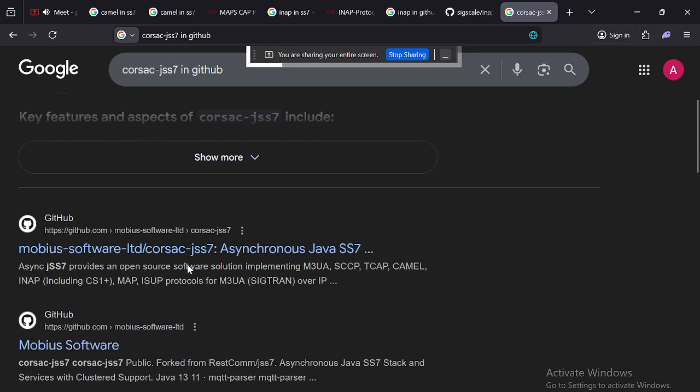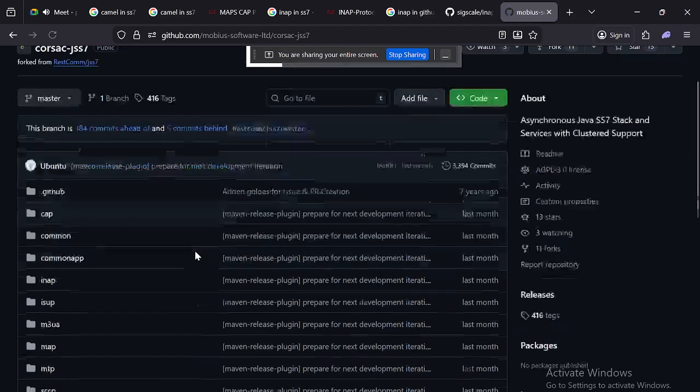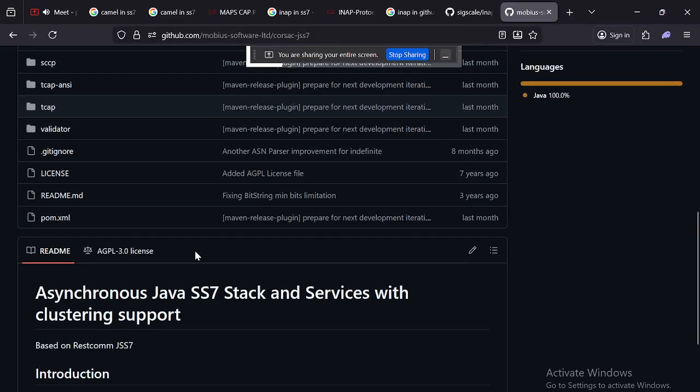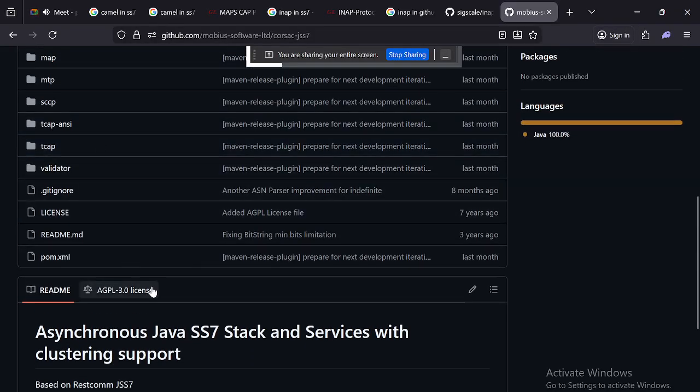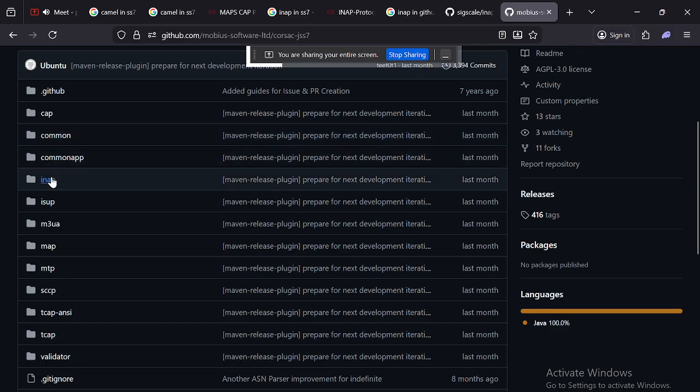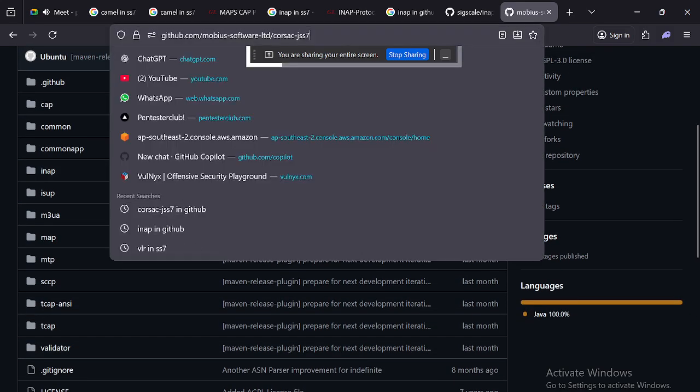This is also more important. It's asynchronous with Java, where you can run and capture all the OTPs, SMS, calls with this. This is a repository for ISUP, MAP, MTP, SCCP, TCAP, then the validators, INAP, commons, and CAP. Everything you have here. Let me share it here.